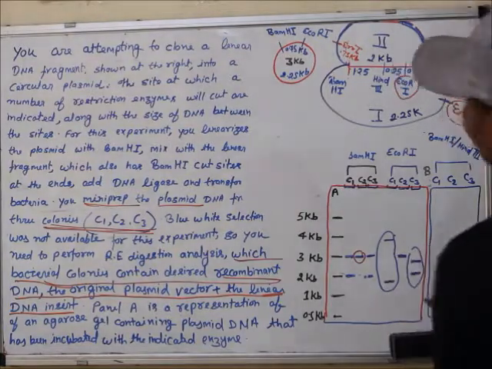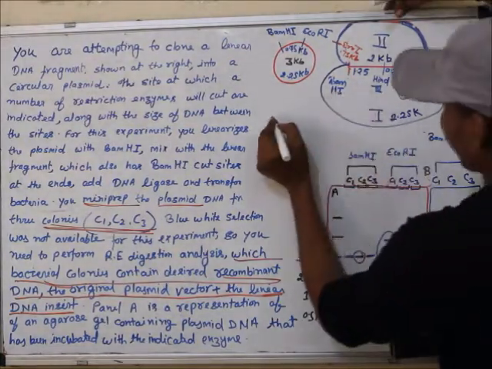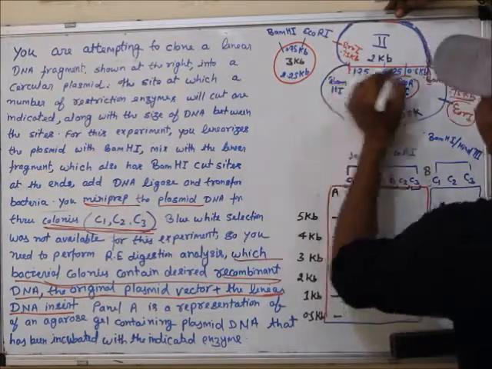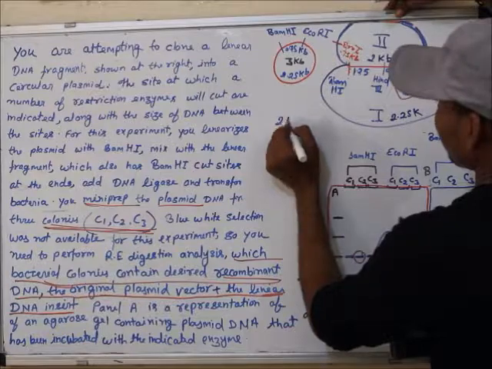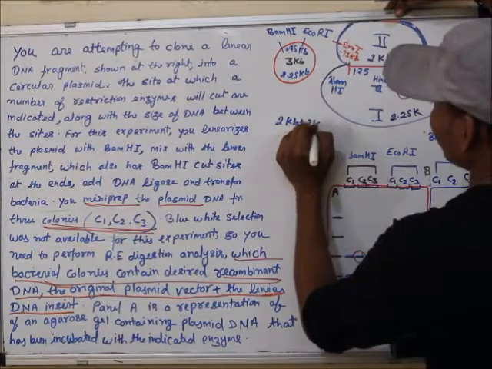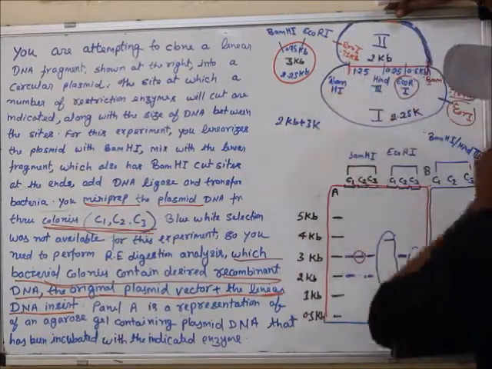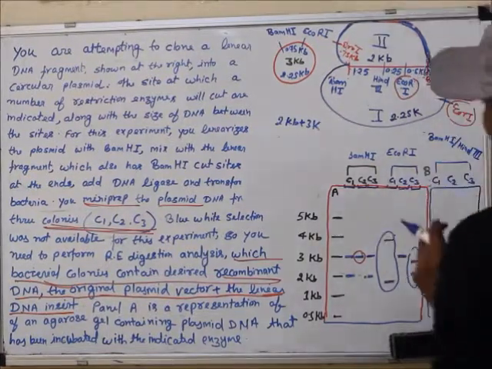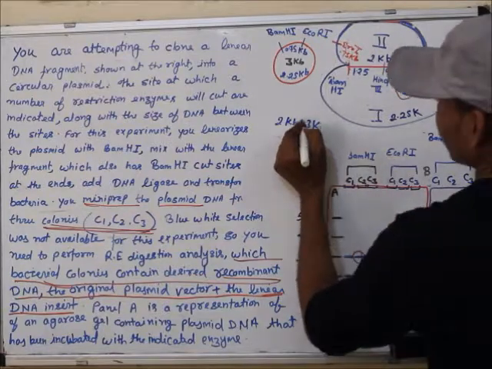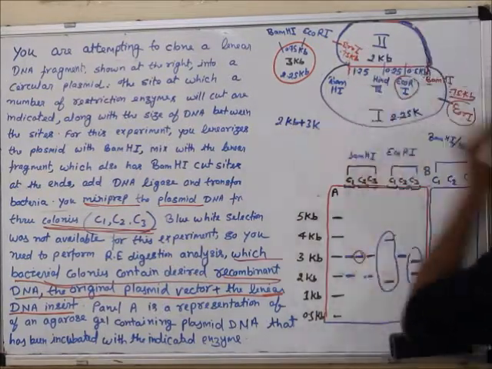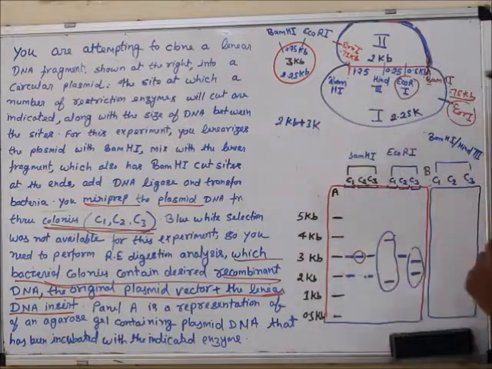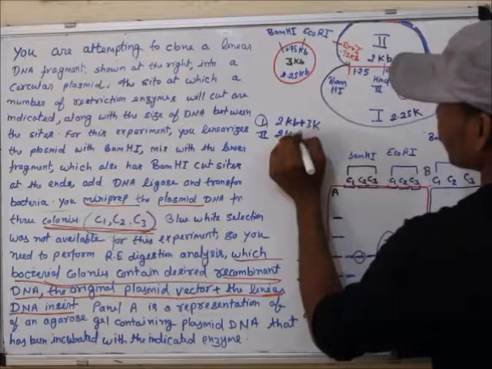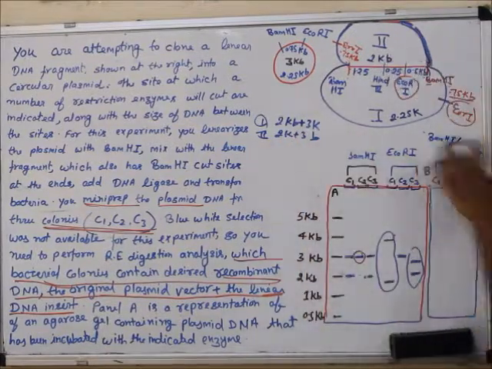What would be the bands? There are two BamHI first digestions. BamHI first digestion gives 2 kb plus 3 kb. Okay, that is 2 kb plus 3 kb. And there is another orientation. In the first orientation, and in the second orientation, also 2 kb plus 3 kb if only BamHI digestion